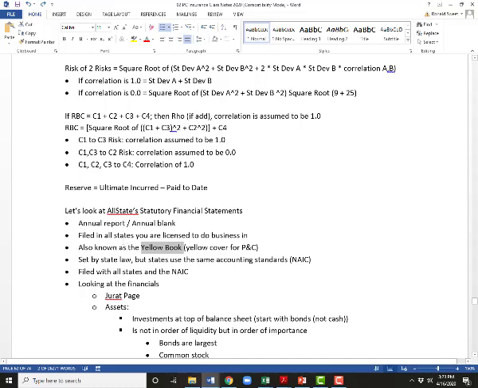It's pretty unusual. On the property casualty side, we call it the yellow book because it's actually yellow. It has a yellow cover. On the life insurance side, it's the blue book. So life insurance is blue and property casualty is yellow. If you went into an insurance company and said, hey, I want to see the yellow book, they would know exactly what you mean. State law determines what your accounting is, but most states, New York being the one exception, require you to essentially submit 2 financial statements. But states use what's called common accounting,